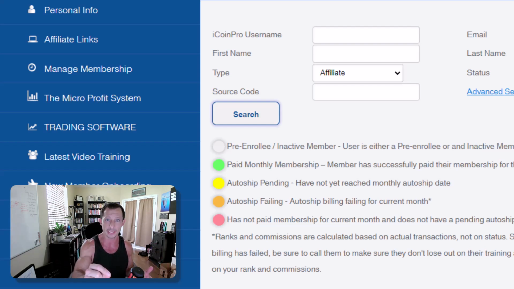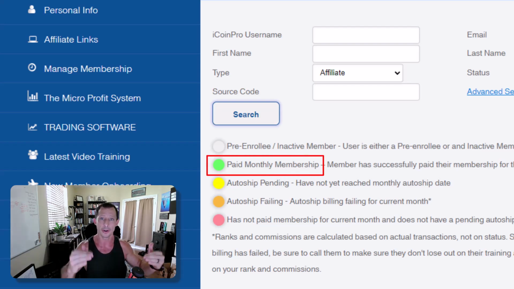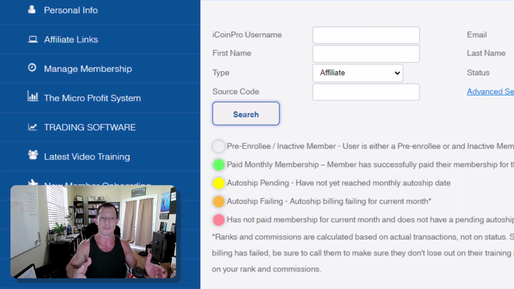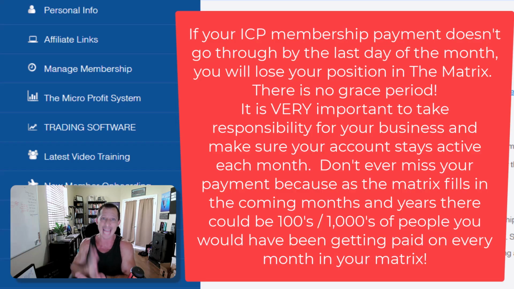Now, this list is also going to show you who's active and who's not active for the current month. If they are in green, that means they have paid for the current month. If they are any other color, if they are yellow or orange or red, it means they have not yet paid for the current month. And it's important that you encourage them to do so as soon as possible, because as you know, anyone who doesn't make their membership payment by the end of the month, you have until midnight on the last day of each calendar month, anyone who doesn't pay their $40 is removed from the matrix,